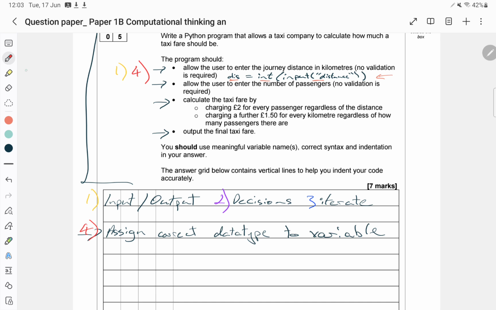So again, this is really just the same. So this is 4 and 1. Calculate the taxi fare by charging £2 for every passenger, regardless of the distance, charging a further £1.50 for every kilometre, regardless of how many passengers there are. Okay, so there's 2 sub-spec points here, and this is going to be